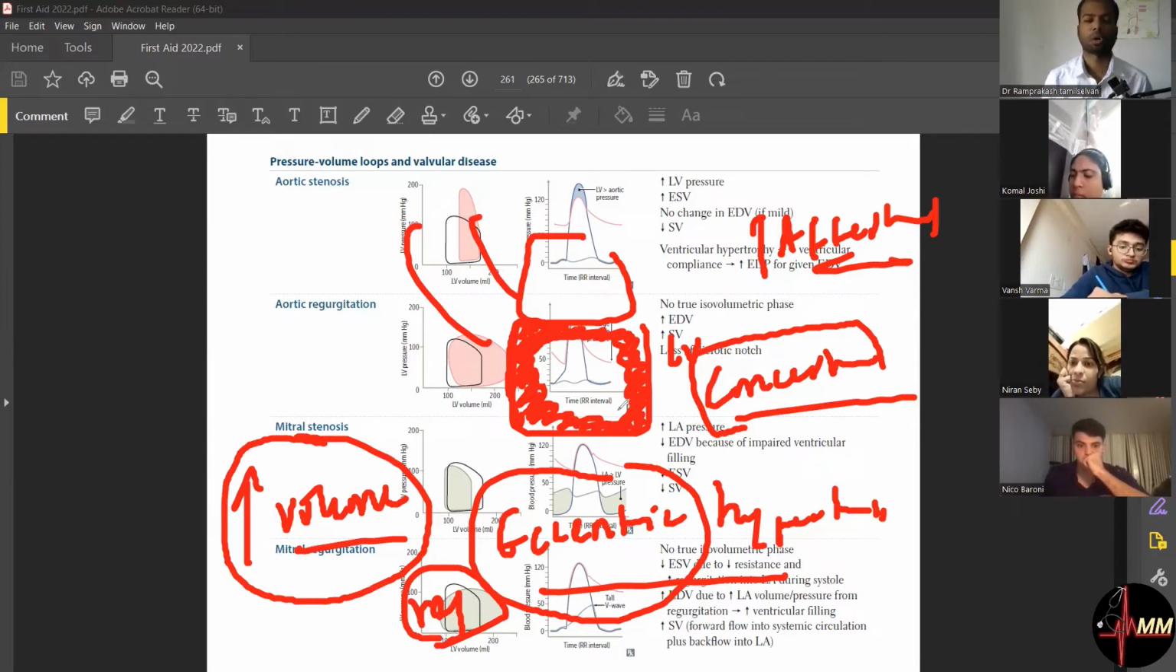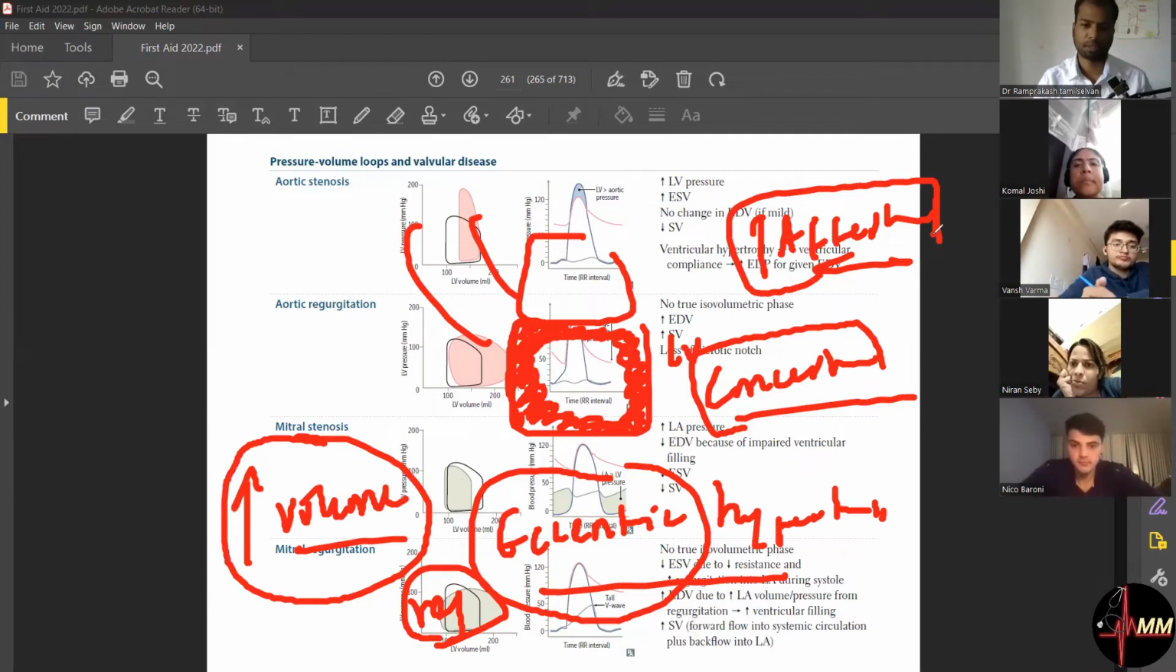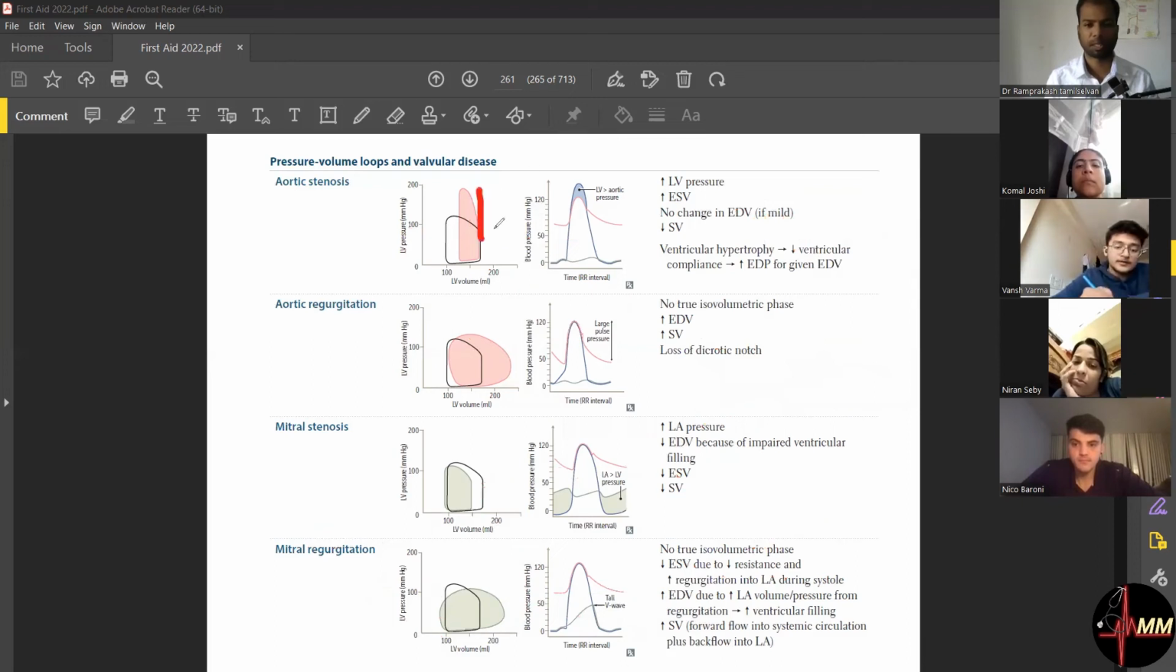And for all the afterload increases, for example, a very common case in today's world, hypertension or aortic stenosis in old age, it's going to be concentric hypertrophy. All the stenosis states, concentric hypertrophy. Regurgitation is eccentric hypertrophy. But one point you will most likely confuse is HOCM with aortic stenosis or